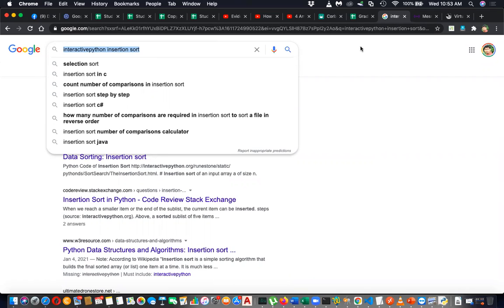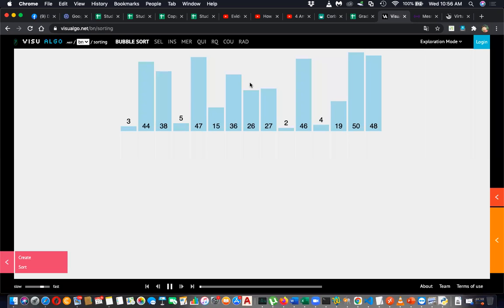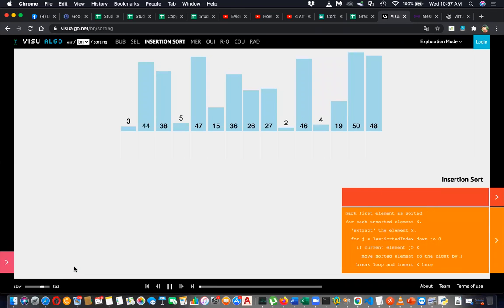Wait. Since it takes time, I'll explain this using VisuAlgo. There was a site for Interactive Python, but unfortunately I'm not getting it now. Maybe they have changed their domain or something else. But you can use this VisuAlgo sorting algorithm. Go to the related algorithm, which is insertion sort, then click on sort. Click on go, and you can see